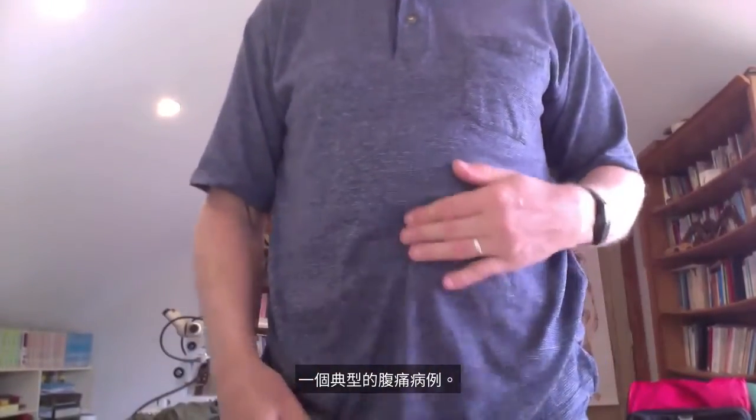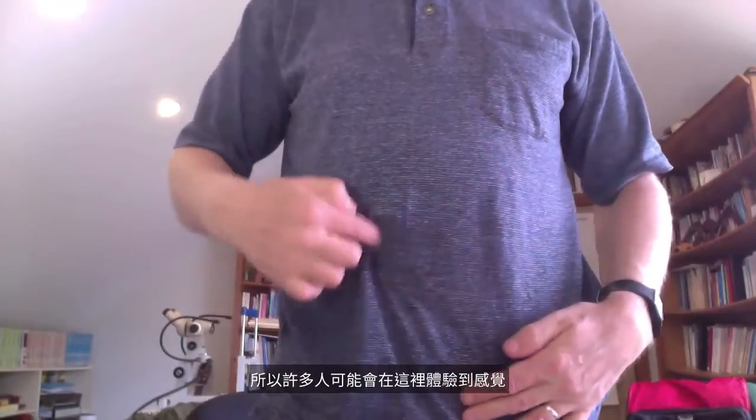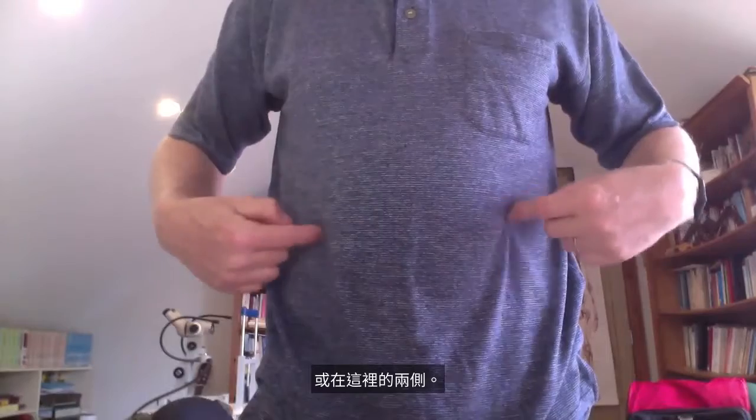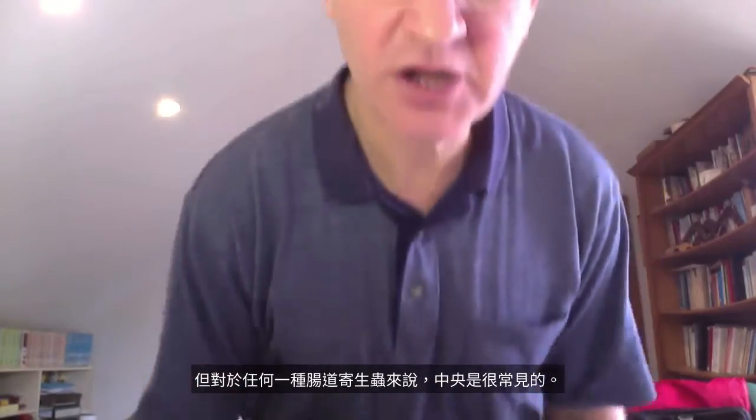Now, I'm just going to stand up and show you a typical place where abdo pain is. So around the umbilical cord here, many people could experience sensations around here or off to the sides here, but central is quite common for any kind of a gut parasite. So abdo pain is quite a common one. I've just made some notes here. So diarrhea,